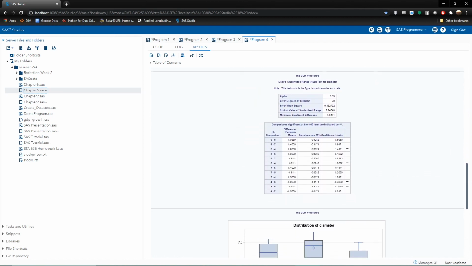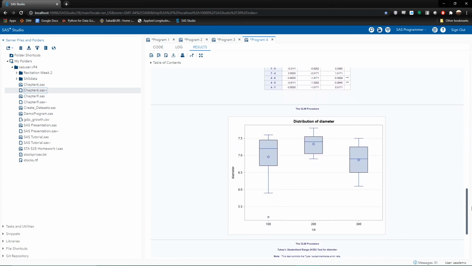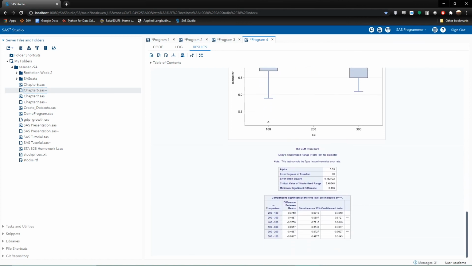So up next is the table for the Tukey comparisons, in this case for the pH level comparisons. So we can see here that the comparison between pH level 6 and 4 is statistically significant, as is 5 and 4, and then those again are repeated at the bottom of the table. And then we can scroll down a bit further, so in that way we can see the Tukey comparison for the different calcium levels. And in this case, we can see that the comparison between 200 and 300 is statistically